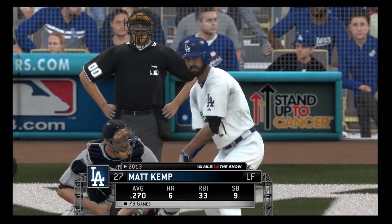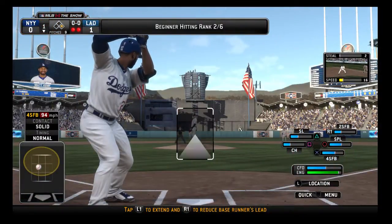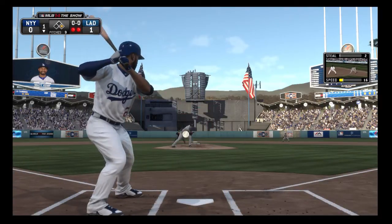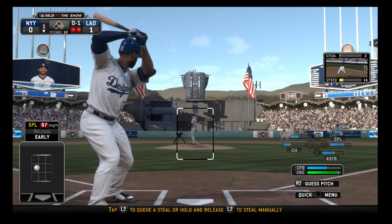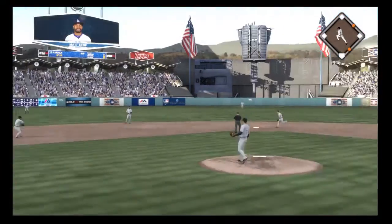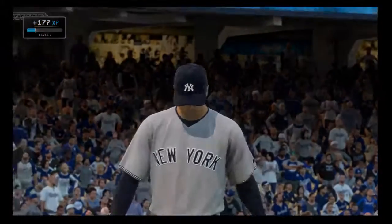Matt Kemp will get his first cuts here with 2 gone now and a runner at first. They set the target in, and this finds the inside corner for strike 1. 2013, a second straight injury-filled season for Kemp. Wound up playing in just 73 ball games following 106. And we'll have to leave it there as the play is made here to end the...